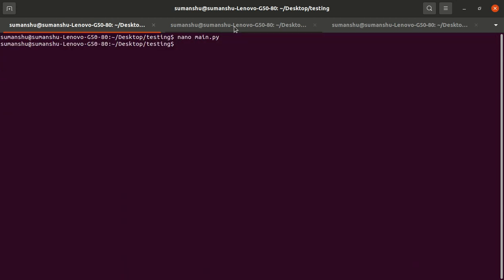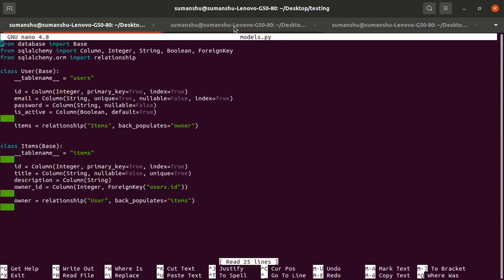We have to pass the data in the form of, if I show you models, the user table contains what columns: ID column, email column, password column, is active column, right? So the ID column will be automatically generated, because if I have to create my account, how should I know how many accounts already exist? So what is the next ID? That's why the ID is automatically generated. So the user doesn't need to worry about the ID column. The user just needs to pass the email ID and the password, and by default is active will be true. If the user is creating an account, by default it will be set as true.